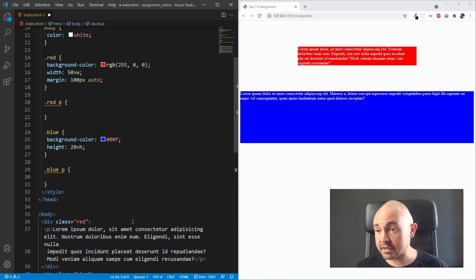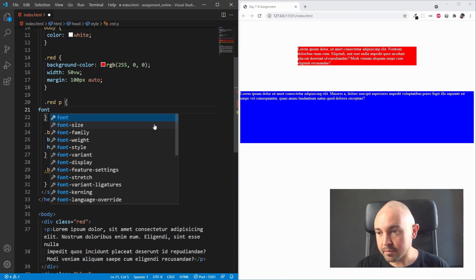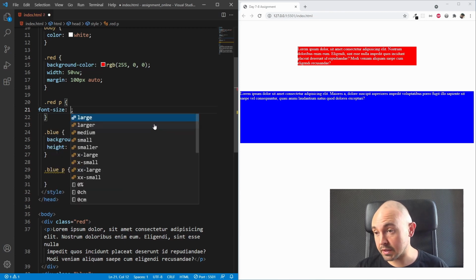Now we have to set the font size of the first element to 32 pixels, but we can't use the pixels unit. But as we know, the default value of the font size for the HTML element is 16 pixels. So we can refer to it. 16 times 2 would be 32 pixels. So we can use